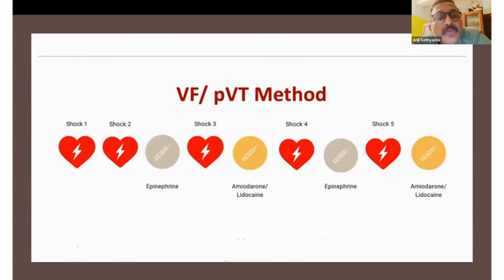So what are we doing till now? In a patient who has a shockable rhythm, I emphasize shockable rhythm, we gave 2 shocks. Along with the second shock, we gave adrenaline. We gave the third shock. Then we gave amiodarone and lignocaine. We gave the 4th shock. We tried epinephrine. And then after the 5th, we again gave amiodarone and lignocaine. So in between, you might have your vector change as well as your double sequential defibrillation coming in.